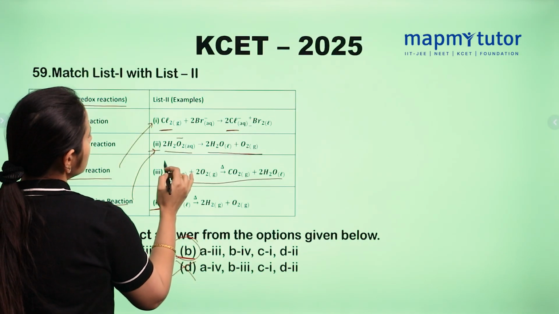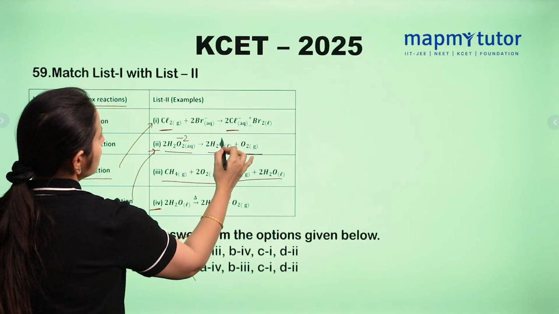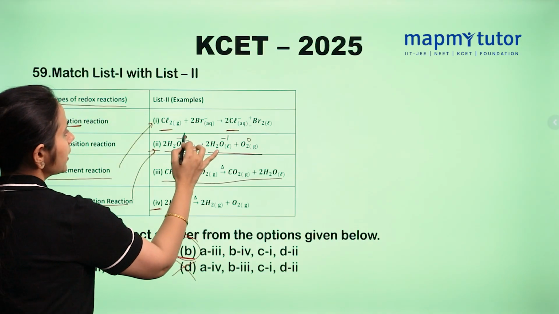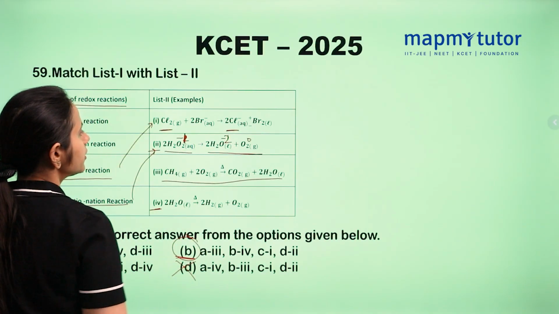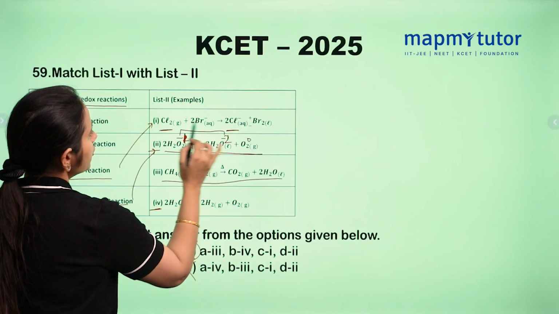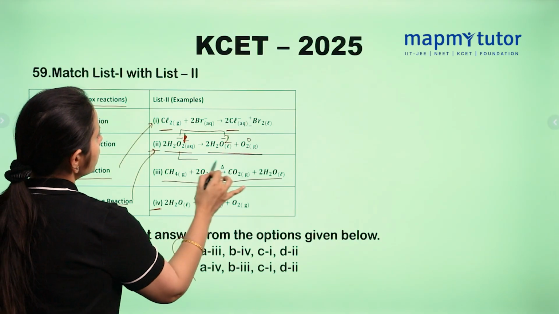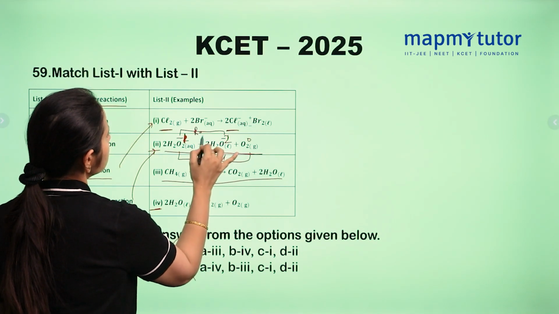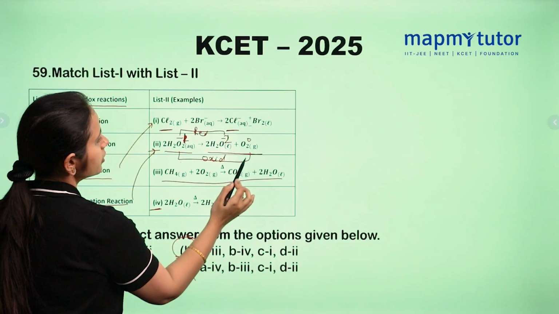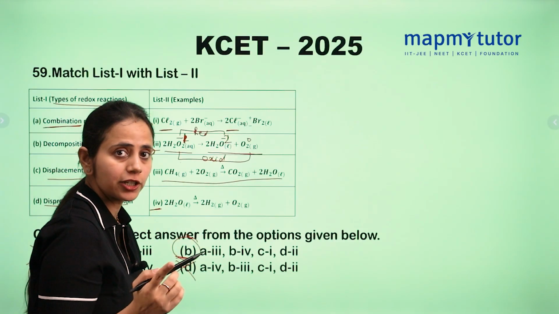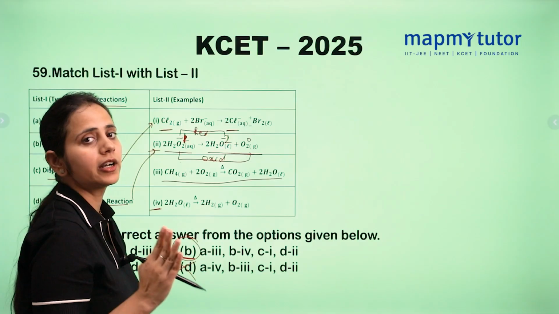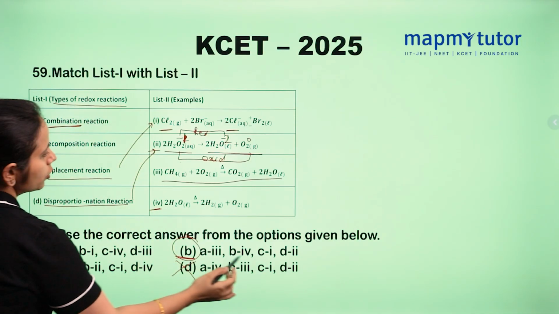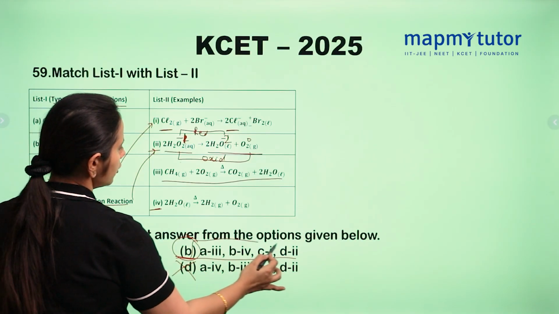Here the oxidation state is -1 and here it is -2 and here it is 0. So it is converting from -1 to -2 and -1 to 0. This is reduction and this is oxidation. Here it is a gaining of electrons, here it is a loss of electrons. So in a single reaction, both oxidation and reduction are taking place. So this is known as a disproportionation reaction. So see, D matches with 2 in this option.